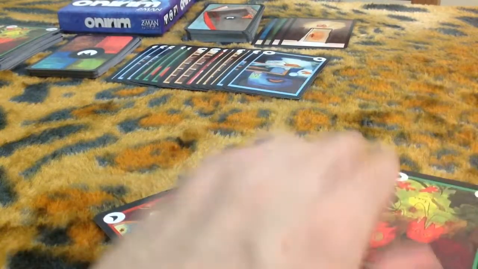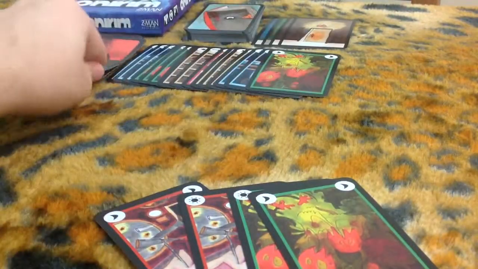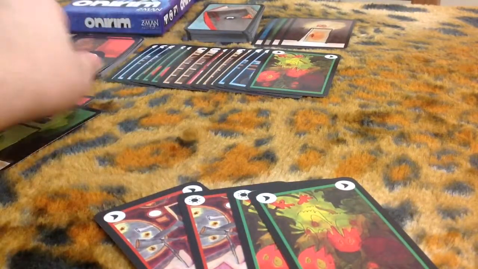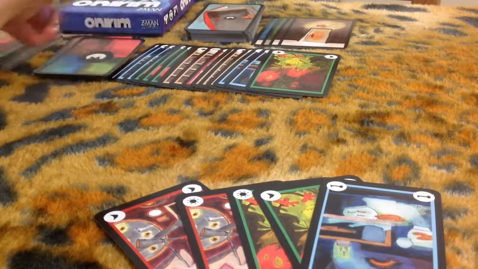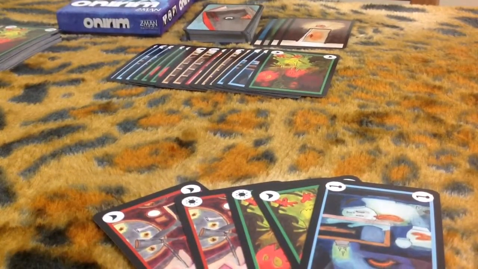So, I can easily do a moon, sun, moon combo here. I'm going to try for that. Draw. Red door. Green door. And a blue key. Oh my gosh! That would have been the one I need to complete that blue door. So what I'm going to try to do, this doesn't tend to play out this way when you play this game, but